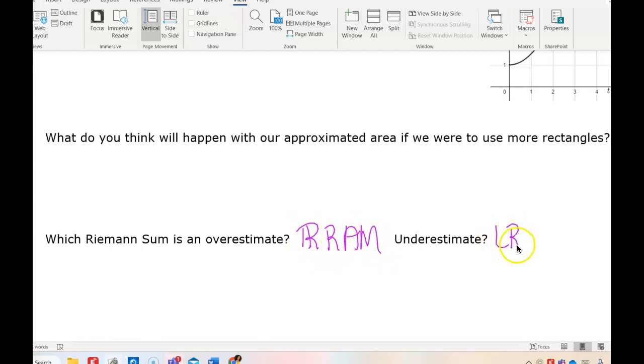And the left Riemann sums were an under. That is your first introduction to integration. Integration is area under a curve. All right, let me get